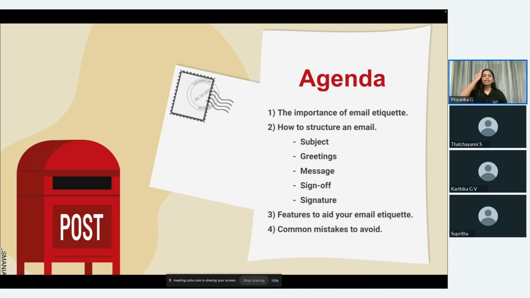Please note, when it comes to email etiquette, it is all about most of the things that we shouldn't be doing, right? So when we avoid that itself, we've already achieved this particular goal. So stick on to the session, stay until the end of the session to also see what you should avoid when you want to adapt to email etiquette. All right. Now,